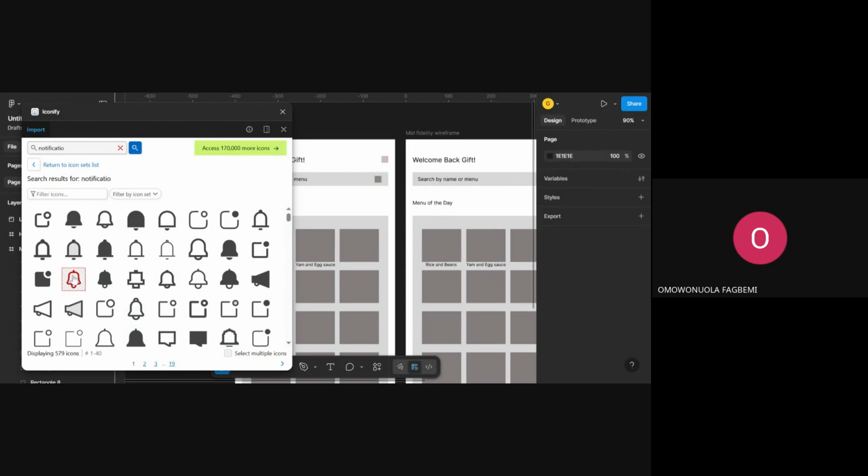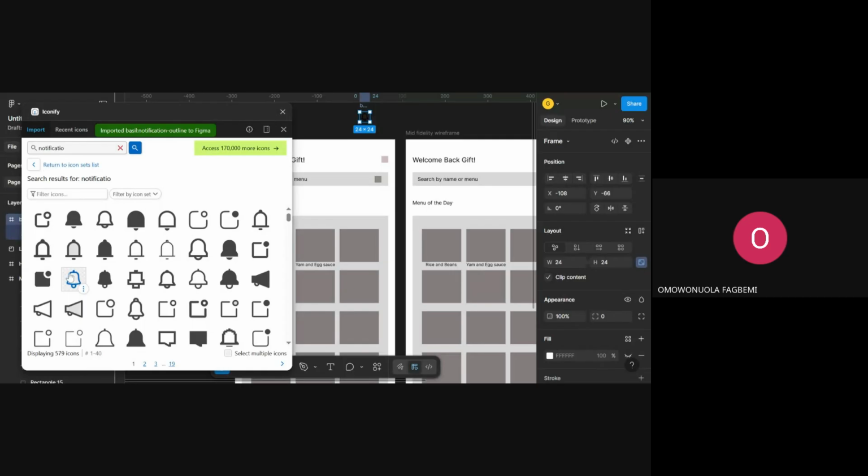There's something about choosing icons. If you discover that there are different kinds of icons, there are stroked icons and there are filled icons. If you are using stroked icons,